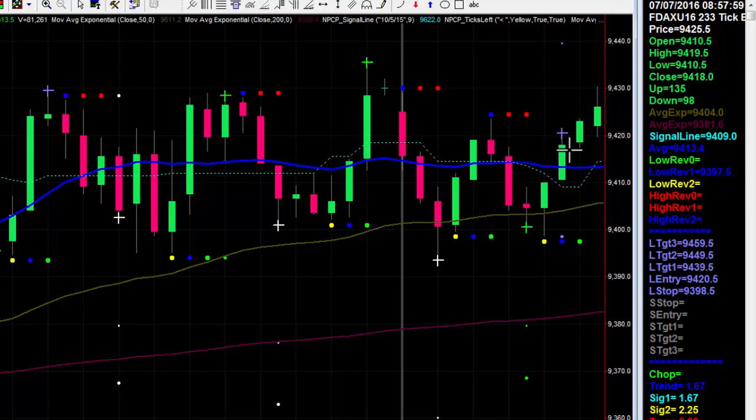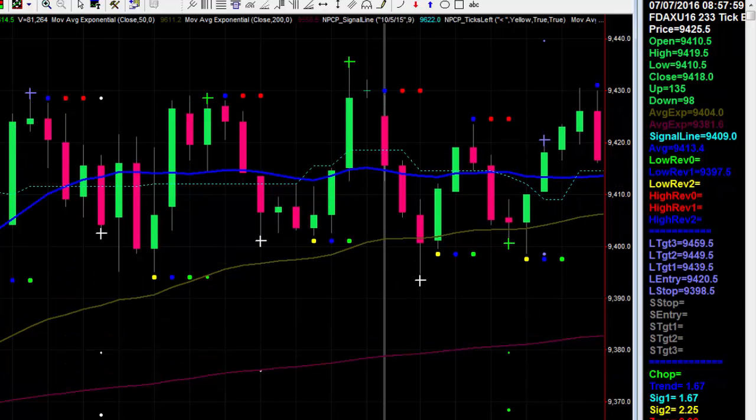But just like the example I showed you on the Dowie Mini, we may get in sync with this trade if conditions change, and that's exactly what happens. If you click on this bar here, right at 9, you'll notice the moving average is at 9413.3. Well, that's up from the bar prior, which is 0.2. So it goes up from 0.2 to 0.3. Remember, once it closes, that's what matters. So on a closing basis, the moving average moved higher,